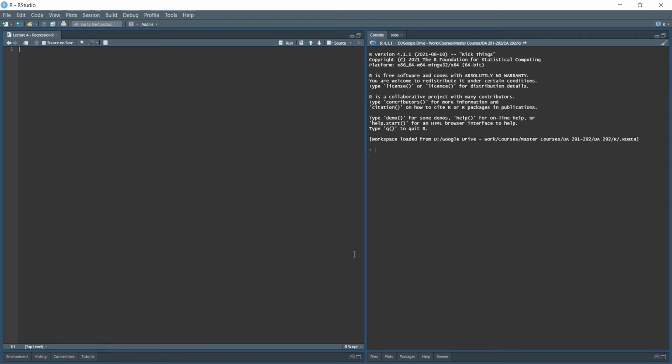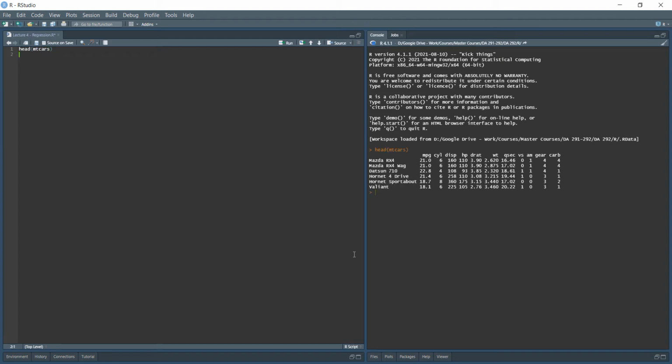Alright, well in this video we're going to be discussing how we can implement regression in R. Now as part of this video, instead of working with some of the toy datasets that were present in our notes, I'm actually going to be working with a built-in dataset in R. So this dataset is called mtcars, and the first command I'll run is head(mtcars) to look at the first